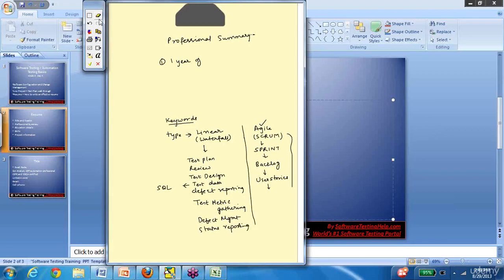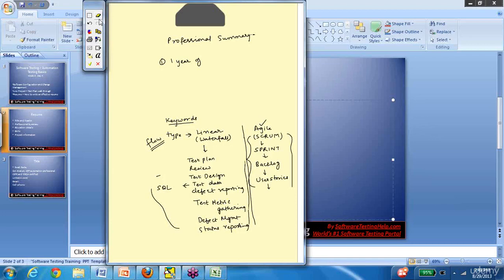Again, another thing, so if we look at the flow, right? So these will become your keywords. If you put an agile project into your resume, these will become your keywords. If you put in a manual testing project, these will become your keywords. Okay, so a resume that contains these words and contains them repetitively. Just containing them is not enough. Having them repetitively over and over is very, very important.